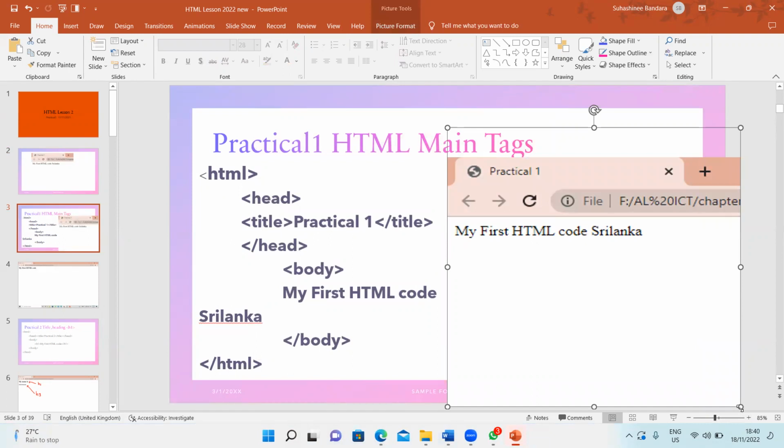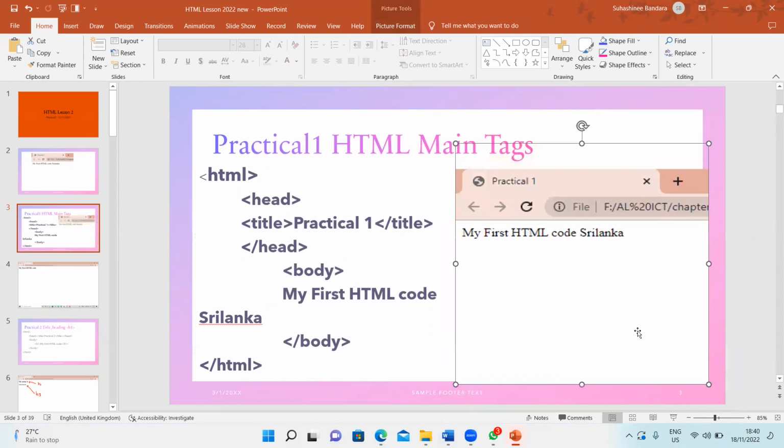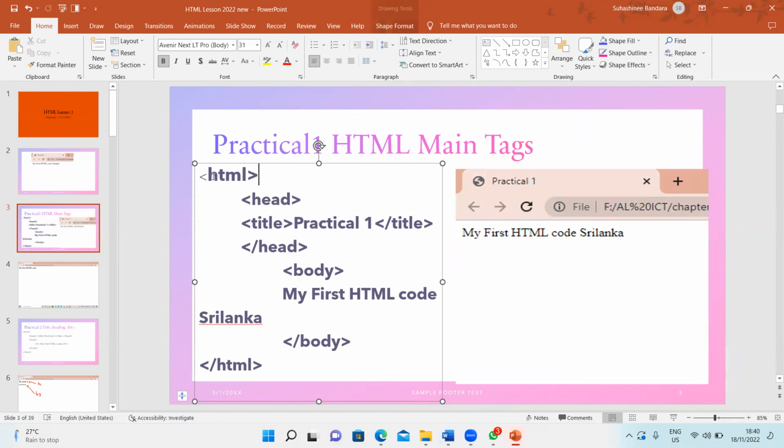Okay. So by looking at this output and the coding, you can understand the HTML starting tag is calling the HTML page, and there is a closing tag. Then inside, the head starting tag and the head closing tag. So this slash means closing tag. Then the title tag. Inside the title tag, we have practical one, the word which is displayed on the top. That means inside the title,